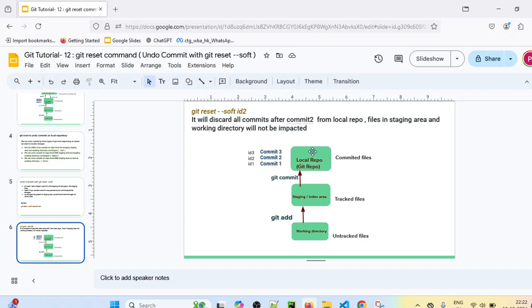But it will not touch the files in the staging area and working directory, because we are using the git reset --soft command.